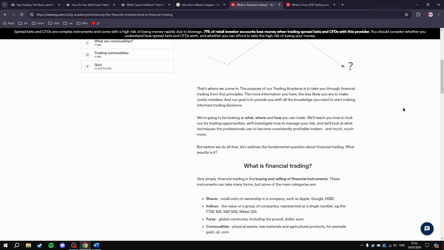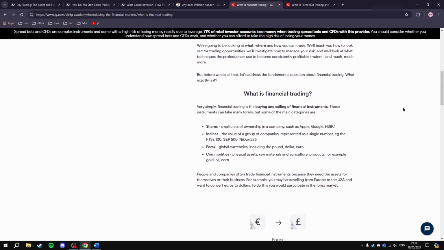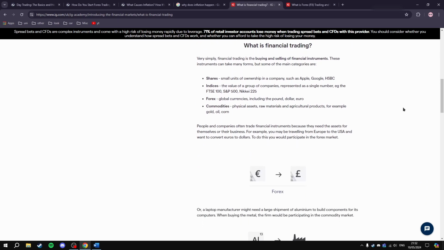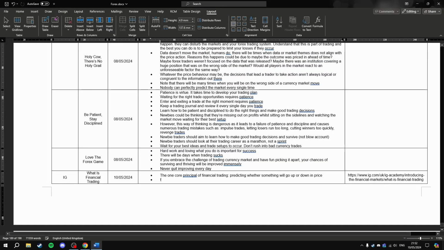But before we do all that, let's address the fundamental question about financial trading. What exactly is it? What is financial trading? Very simply, financial trading is the buying and selling of financial instruments. So, financial trading is the buying and selling